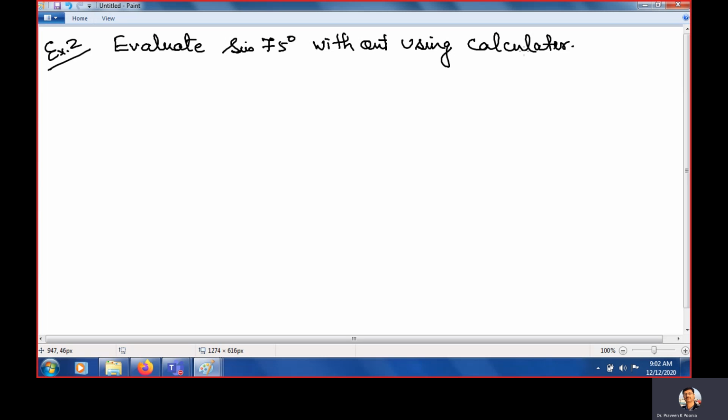In the last week we studied a trigonometric table where the values of sin x, cos x, tan x for various angles were given. Then I told you in the next week we will use this table. So today we are going to use this table. If you remember, in the table there were angles 0 degree, 30 degree, 45 degree, 60 degree, 90 degree, 180 degree, 270 degree. There was a table for these